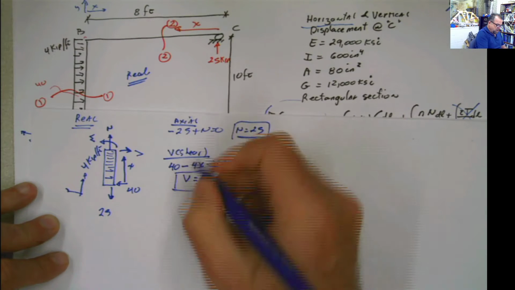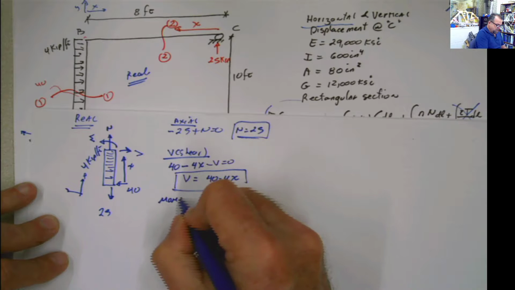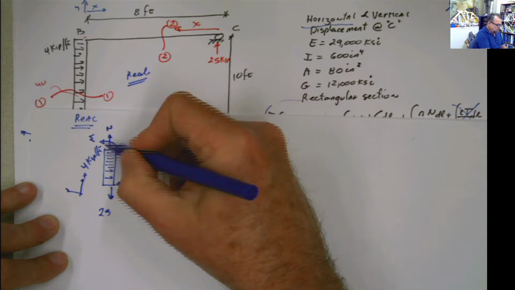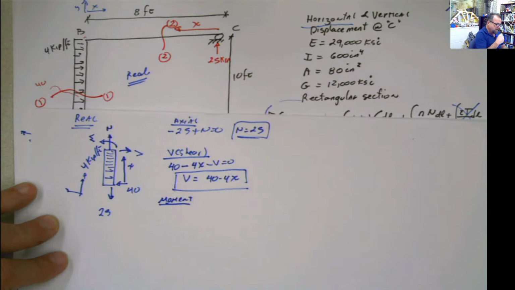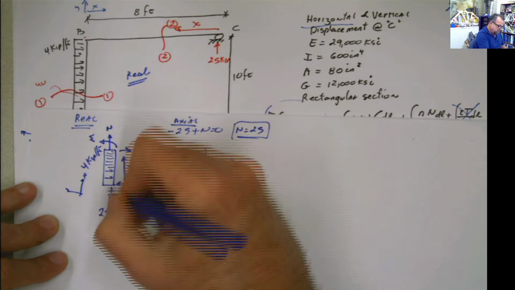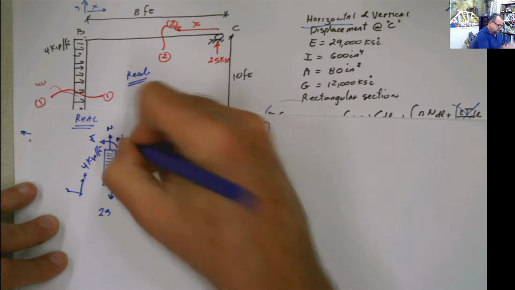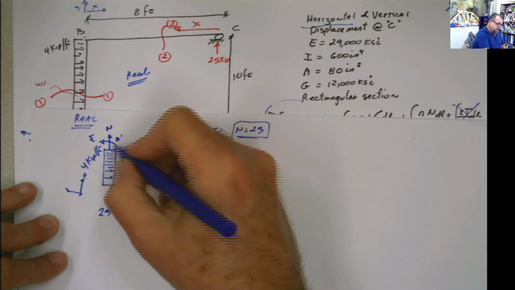And now we do the moment for the same one. For the moment, you're going to do summation of moments at this point. If you do summation of moments at that point, and I call that point A prime, you can call it A prime if you want to. Summation of moments at A prime